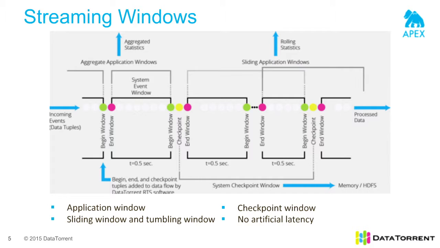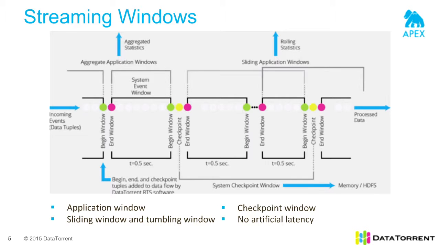These markers are inserted periodically based on the processing time. All operators in the distributed system receive the same time markers. This enables us to take a consistent snapshot of state in a decentralized and distributed manner and use that state